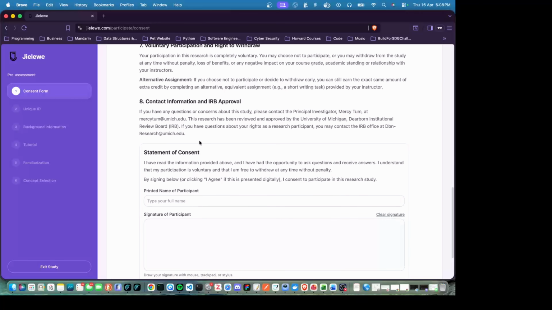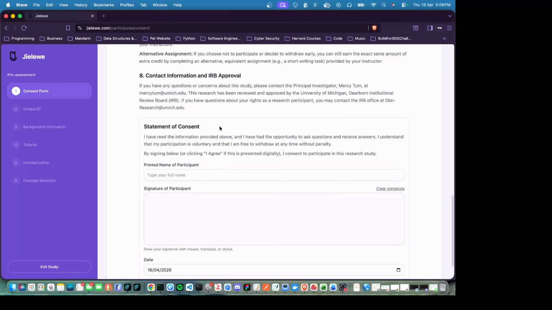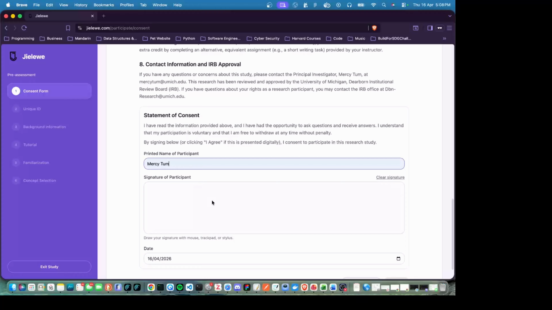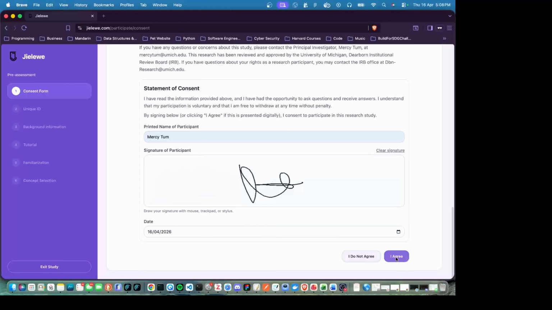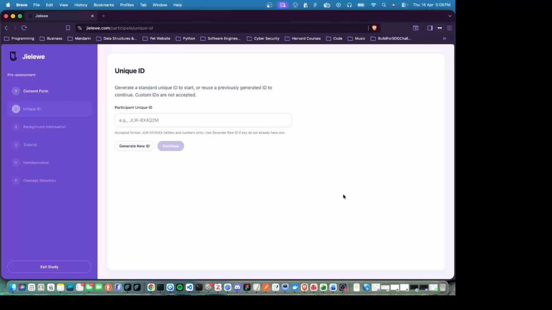There is also information to contact the IRB for the university. Once this is all good, you can sign, put your name, and then go to the next part.